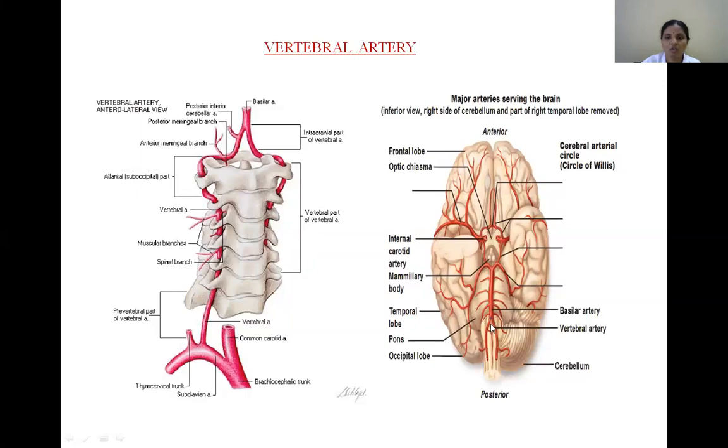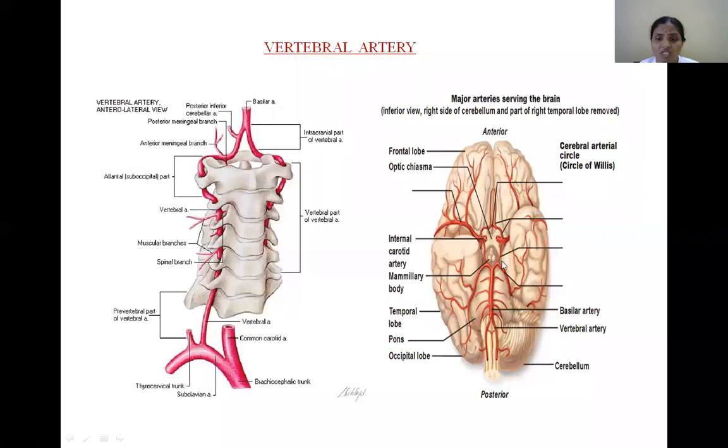The fourth part of the vertebral artery is fused to form the basilar artery, and it ascends along the basilar part of the pons and provides branches. And these are the posterior cerebral arteries, whereas the anterior and middle cerebral arteries are the branches of the internal carotid artery. Among these cerebral arteries, there is an anastomosis at the base of the brain. What is this anastomosis called? The circle of Willis. It is already completed, right? So here it is establishing an anastomosis.